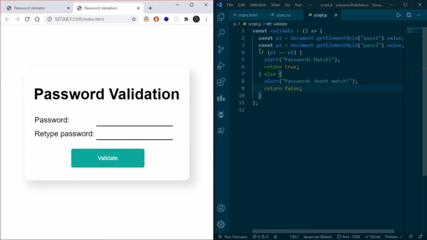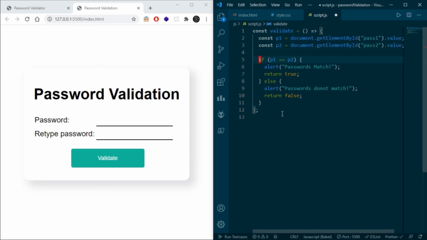As we know, there are falsy values like 0, false, null, empty string. All these things are treated as falsy values. So here I will make a check on it.